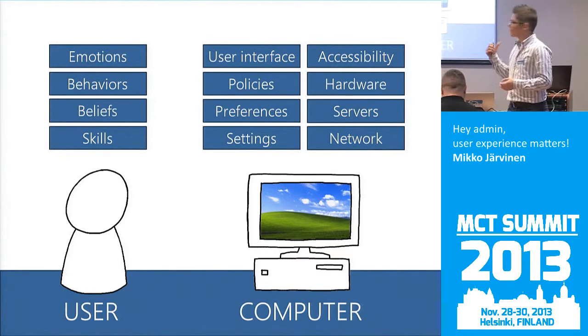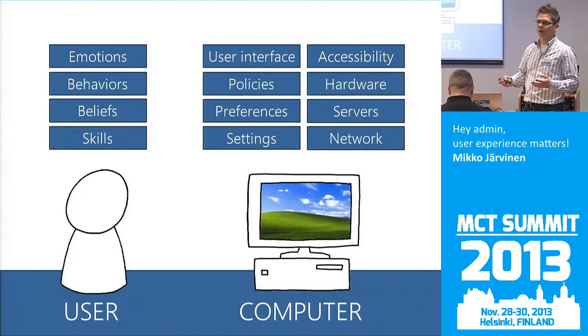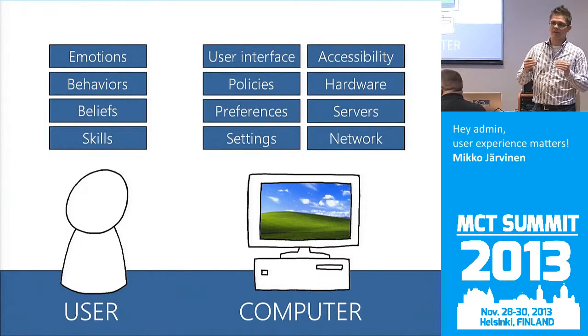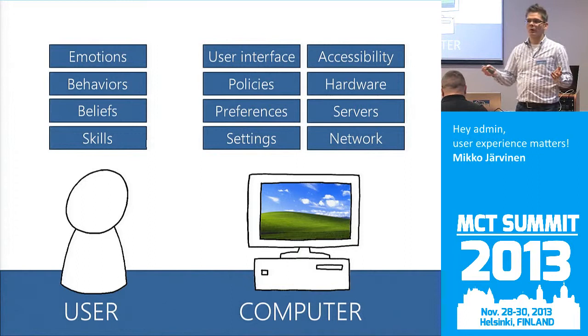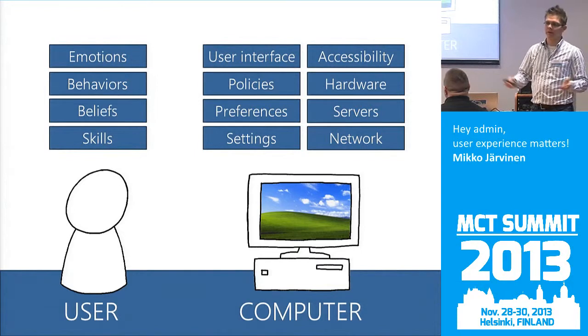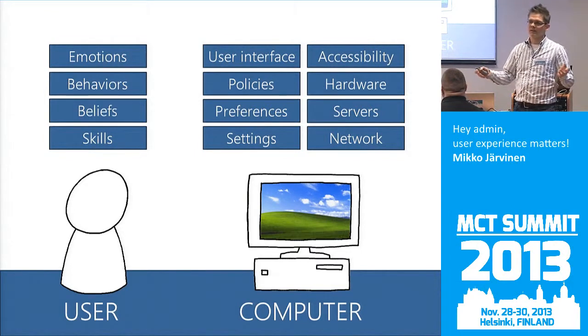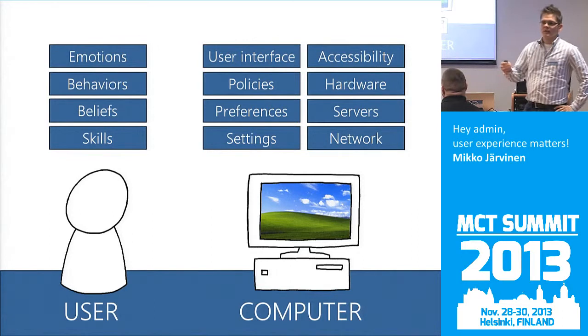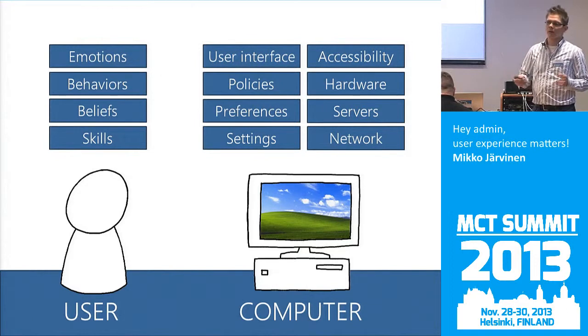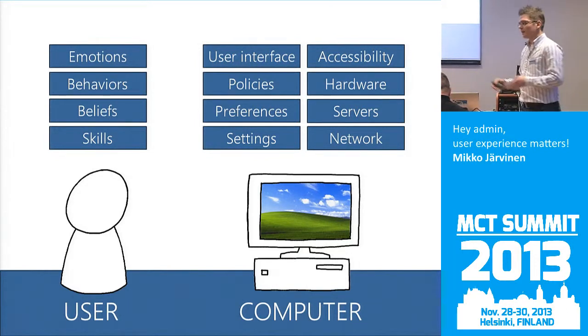Then the computer part is more the system administrator's work. We have the network, the servers, the hardware, which usually don't affect user experience until there are not enough resources. But the user won't get any benefit if we speed up his internet connection from 100 megabits to 10 gigabits. What is enough is enough. Then the accessibility. It's important these days when people bring their own devices and want to work everywhere at any time.